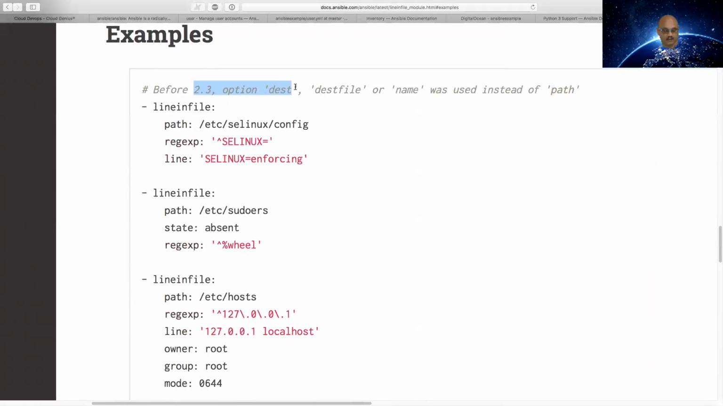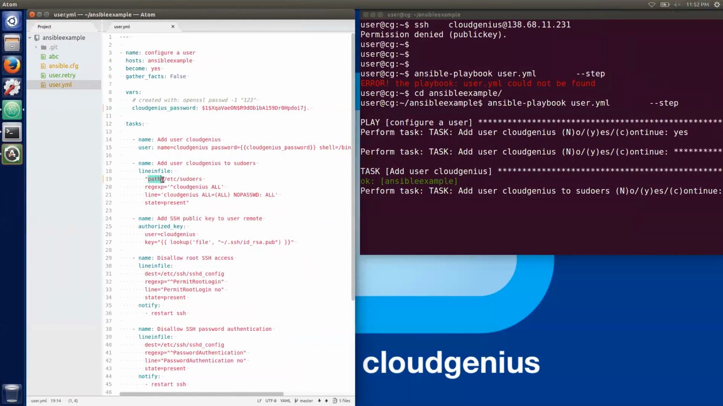It says that right here, instead of path. Before that, 2.3, but I am using 2.3, so I should use the word path, which I just modified. Back here, line in file is exactly what I am also doing. What I'm doing is looking at this path and looking at this regular expression, looking at a file called sudoers,